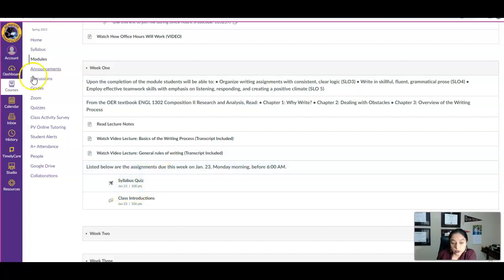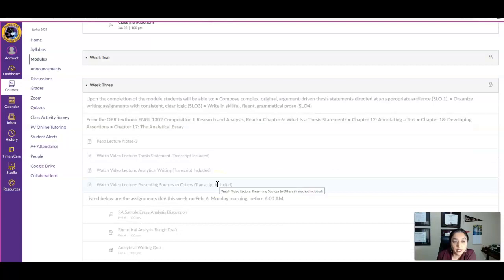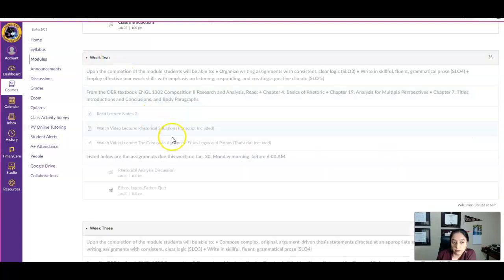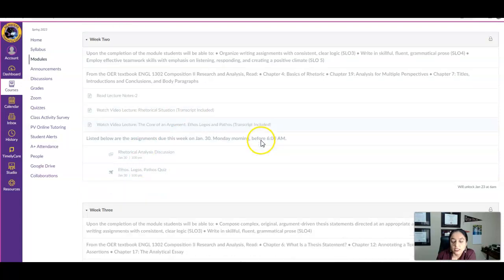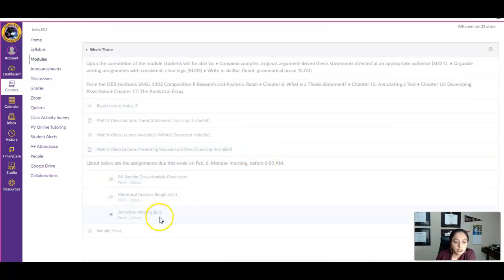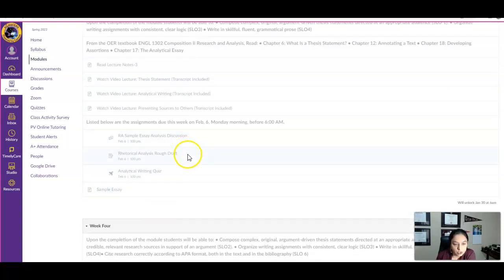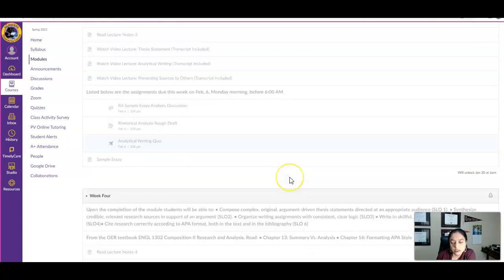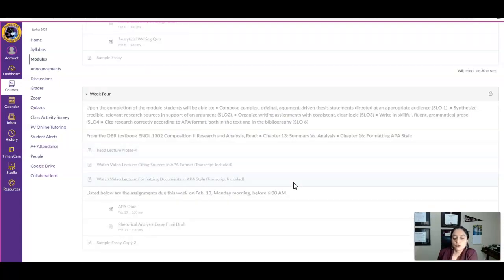To take this quiz as well, you'll need to read that syllabus. After these 2 assignments, you're done for week 1. Now, Monday morning, week 2 will be made available. Right now, it's faded because you see it says locked. So once it's Monday morning of that week, this module will be available and you have a discussion and another quiz due. In the same manner, week 3, here you actually even have an assignment due besides a discussion and a quiz. So this is how your semester will move forward.